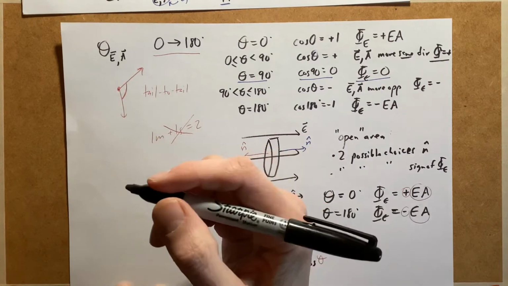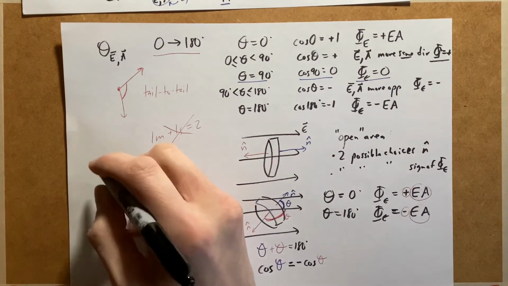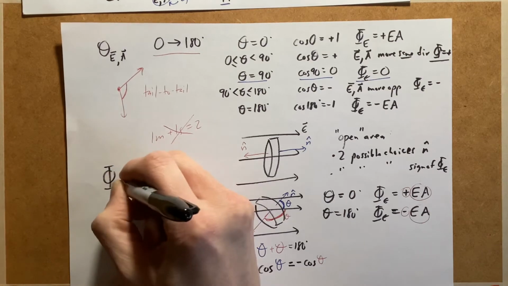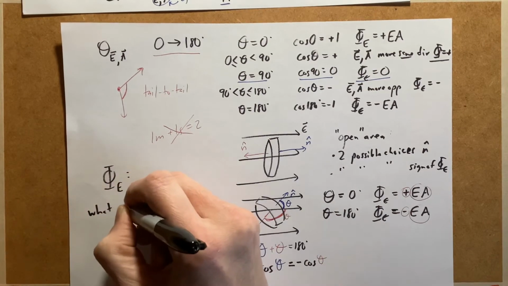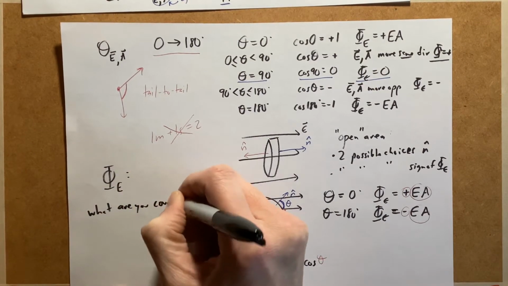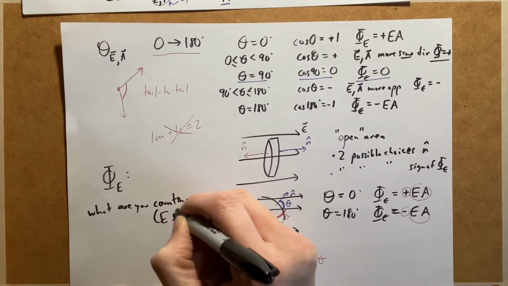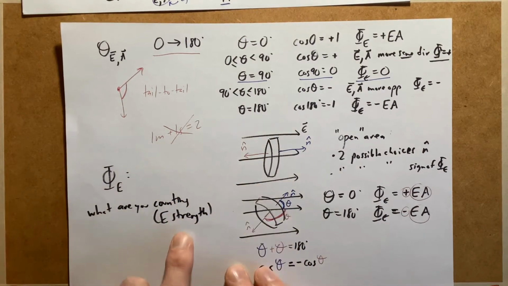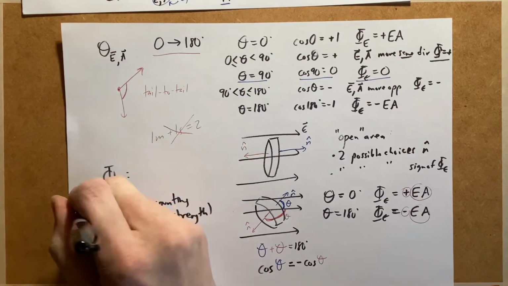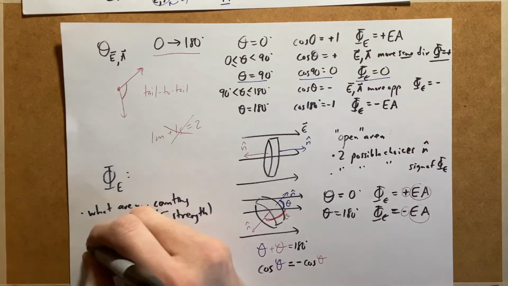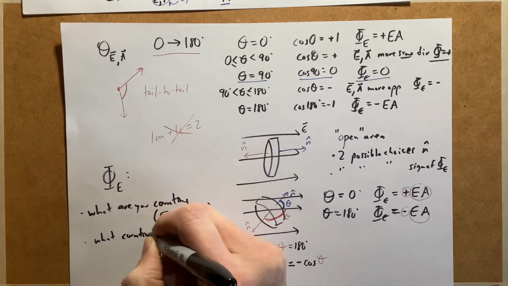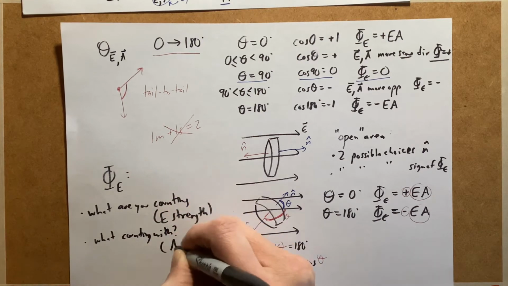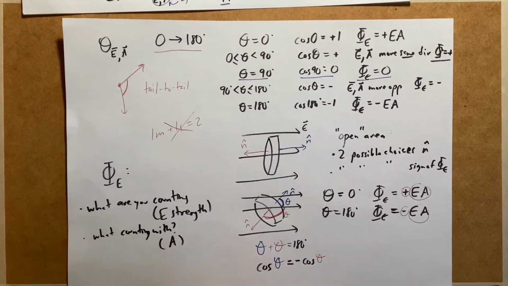As a general summary of flux, what the flux depends on, conceptually, is first of all, what are you counting? So the electric field strength itself is going to affect it. The larger the electric field strength, the larger the flux will be. The second question is, what are you counting with? So the area matters. If you're counting with a bigger area, you'll get a larger flux. And of course, the counter